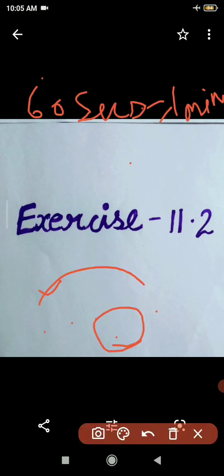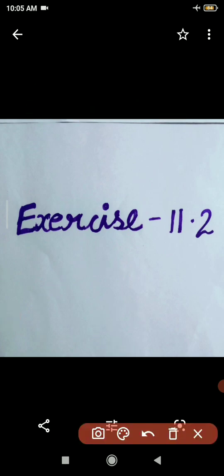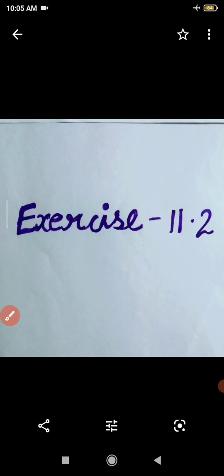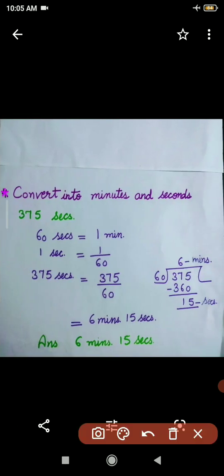Students, let's start exercise 11.2. We will start exercise 11.2. See, first sum, convert into minutes and seconds. I have written